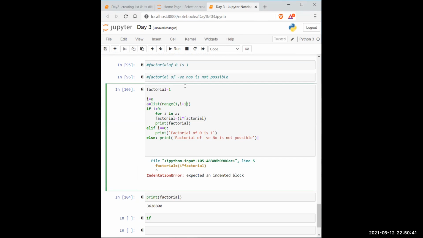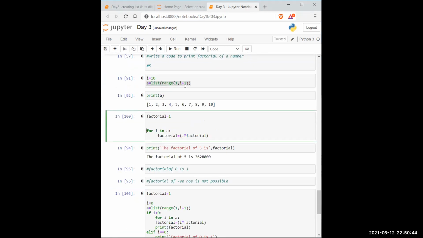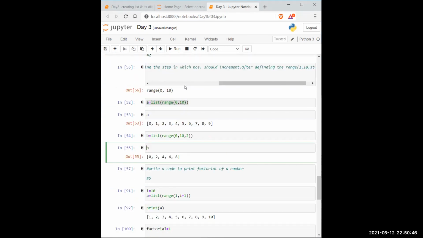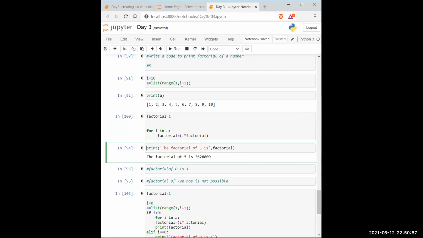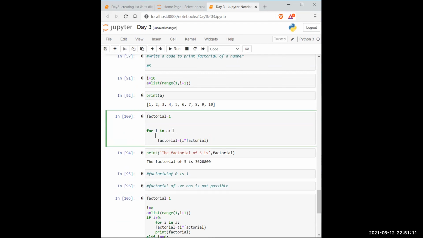Now, let's move up over here. If you see the line number 100, when you write a for loop and put a colon, when you hit enter, automatically an indentation comes in.